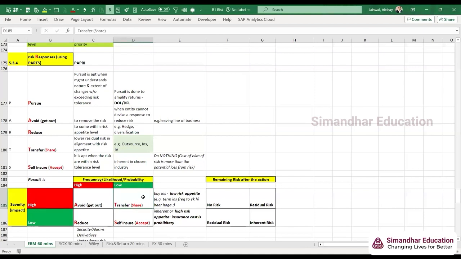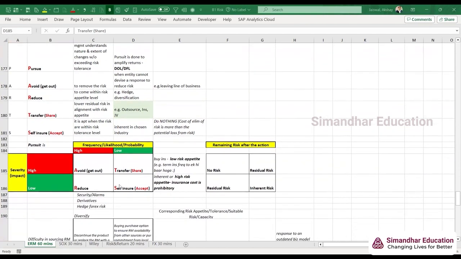Now in case the frequency is low and the impact is also low, let's say about the theft example, right? Theft is not occurring regularly. Maybe we saw that in the past 10 years, a theft occurred once. So what are we going to do about it? And that theft also, the amount was very small. What are we going to do about it? Correct. So we are going to do nothing basically, right? We will accept it. That means we'll do nothing. Correct? Okay. So that is this matrix. All right.